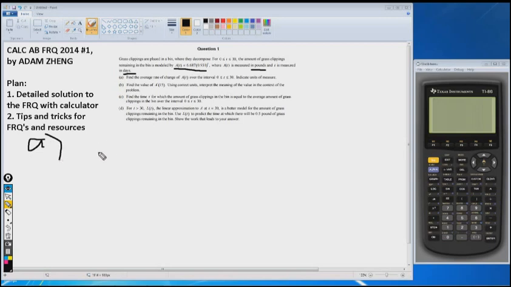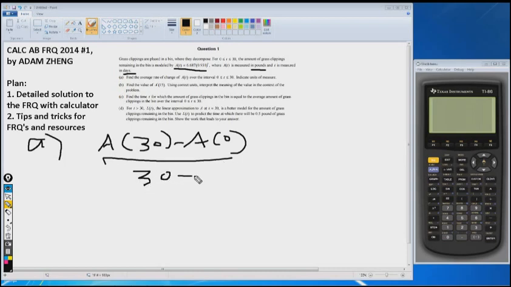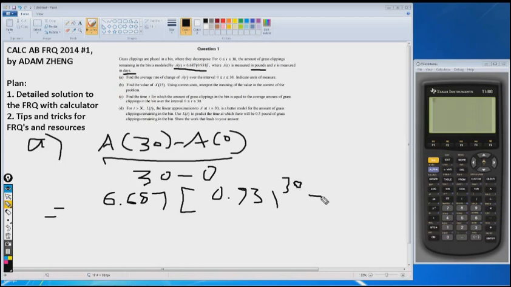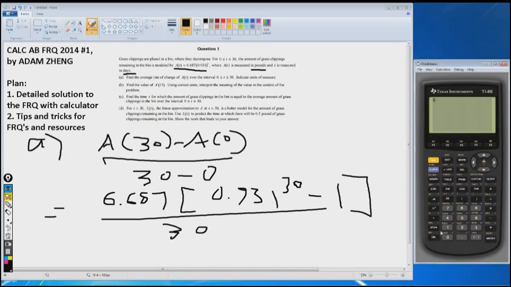And this is really simple. There's the formula, which is A of 30 minus A of 0 all over 30 minus 0. And we plug this in, we get 6.687 times 0.931 to the 30th minus 0.931 to the 0, which is just 1, all over 30. And plugging this into the calculator, we get